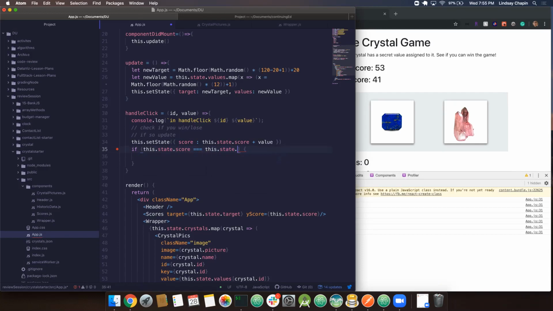Dot what? Target, yeah. Okay. So if this dot state dot score is equal to this dot state dot target, you win. Okay. So let new wins